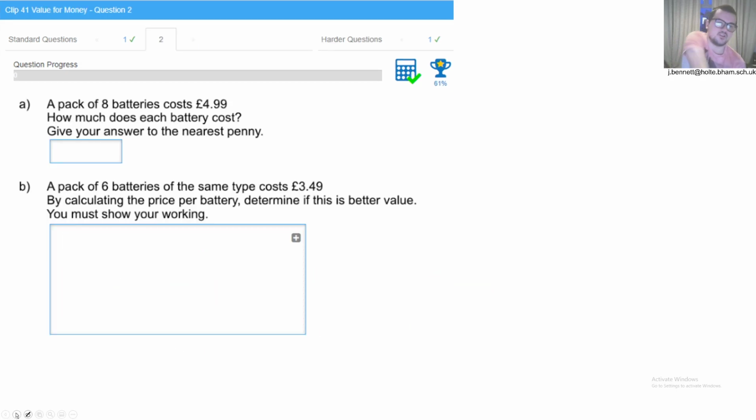Right. A pack of batteries costs £4.99. How much does each battery cost? Give your answer to the nearest penny. Now, the nice thing about this question is that we can use a calculator. So, let me just use a calculator on my phone. You want £4.99 divided by 8, and that gives you